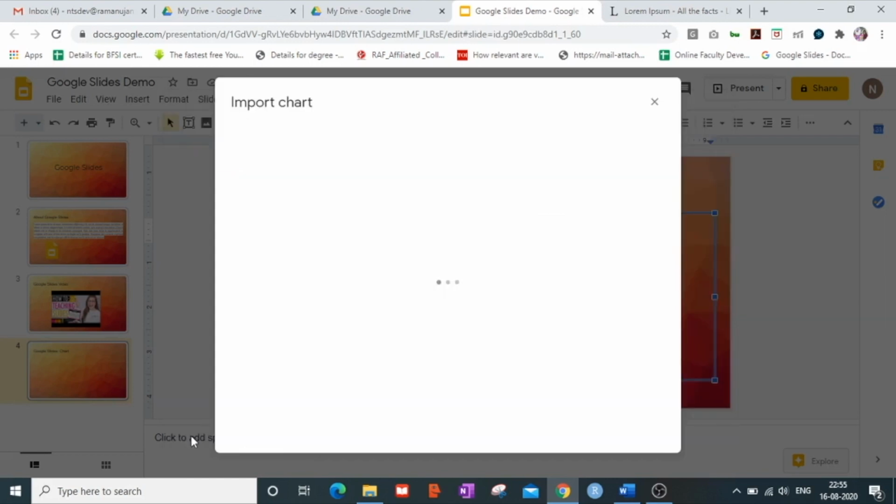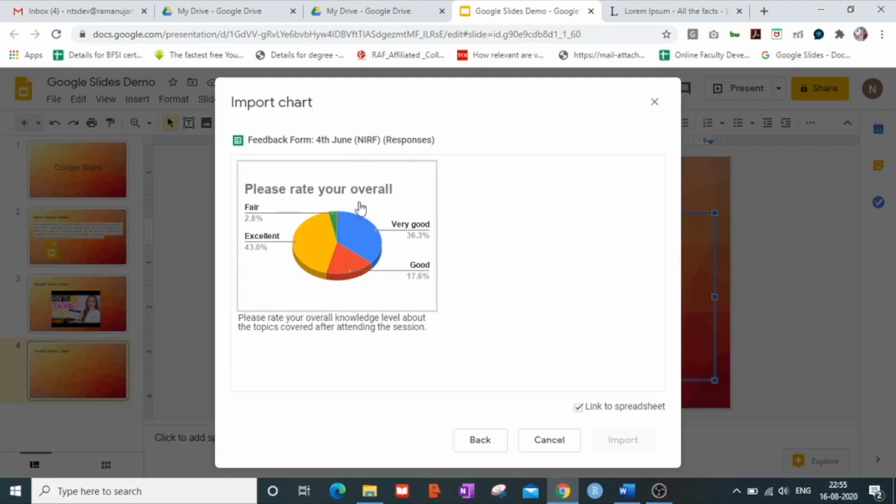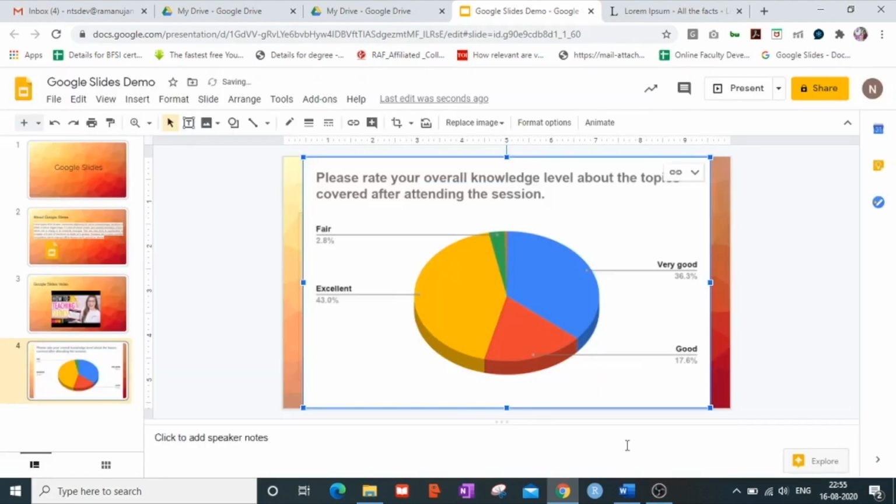I go and select. In that spreadsheet of mine that I had created previously, this was the pie chart that I wish to insert in this particular slide of mine. I select this pie chart and import this directly in the slide of mine.